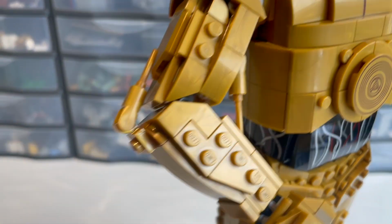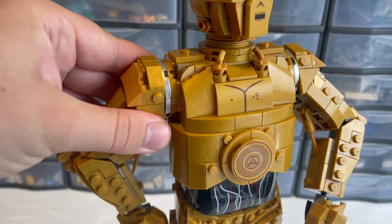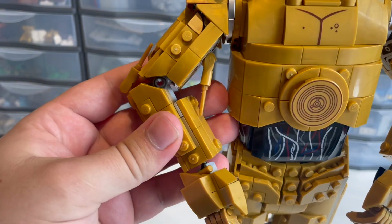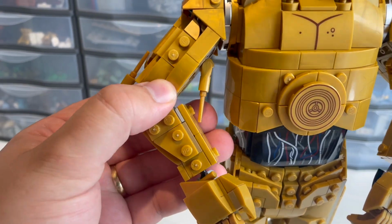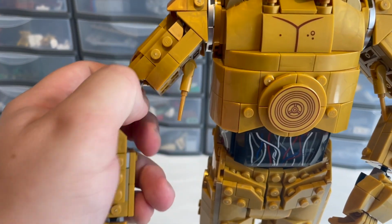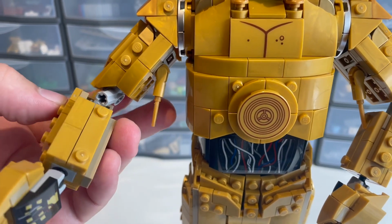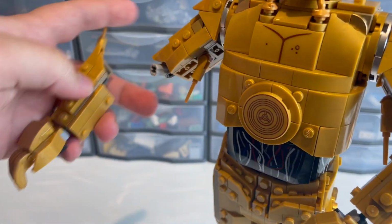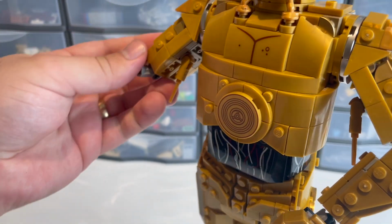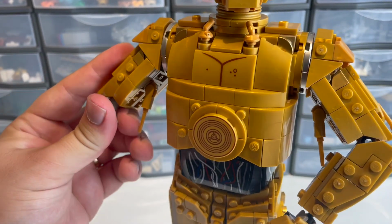And then, yeah, the arms themselves, which I hadn't shown before, they are really nice. We've got posability at the shoulder. We can just go backwards and forwards, and then we technically have a little bit of posability in the forearm like that, or you can, I'm doing this for the first time on camera, take that piece out. Am I going to be able to do this one-handed? And you can reposition it. See, now I'm trying it, I don't think you can. No, you can't. So you're basically locked into one elbow position, which is fine because this is essentially C-3PO's default